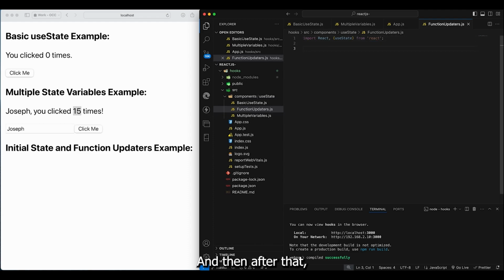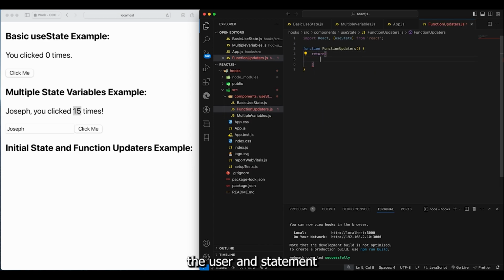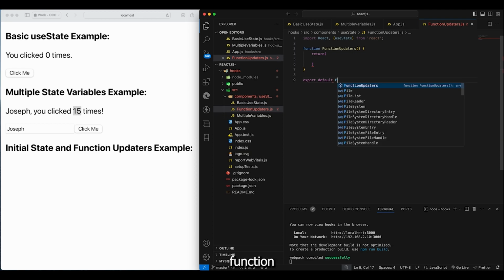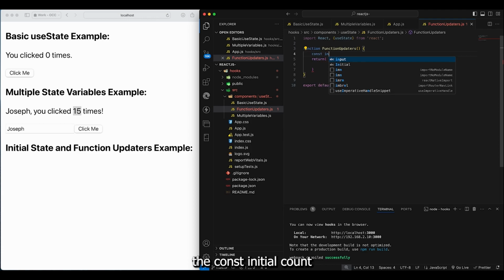Okay. And then after that, let's define our function. So function updaters, and let's have here the return statement, and then export default so that we won't forget to export this later on. Function updaters. Okay, so here inside our function updaters, let's declare the const initial count